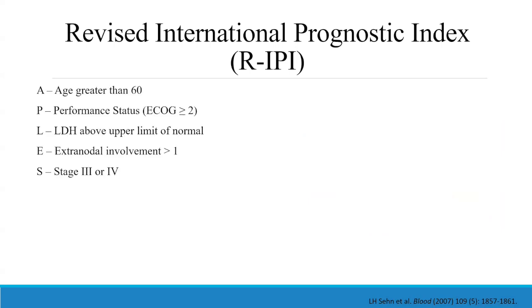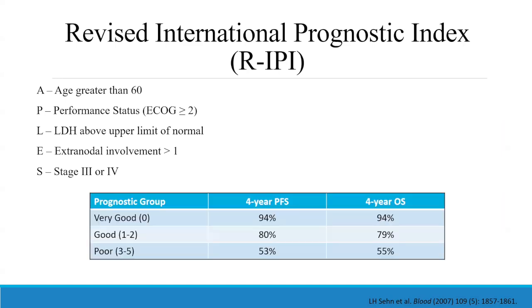When we have a talk with our patients in clinic or on the ward about what their prognosis is going to be, we don't just pull numbers out of the air. We actually use something called the RIPI, which takes into consideration a patient's age, their fitness level, baseline blood work, as well as staging information. And this, we can help to risk stratify patients into very good, good, or poor. And this information we can provide to patients to say, overall, this is what we expect that your overall survival will be. I want to highlight the fact that even those patients who are poor risk still have an overall survival at 4 years of greater than 50%. So those are your elderly, frail patients.